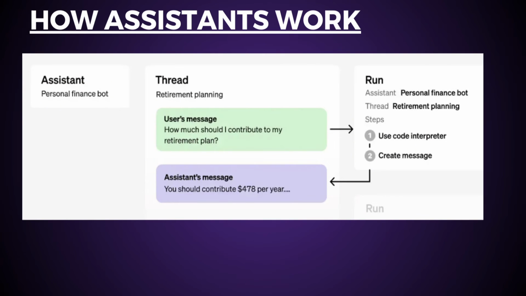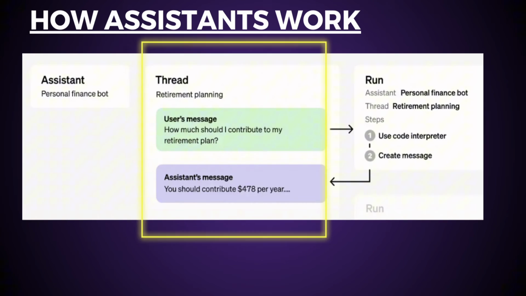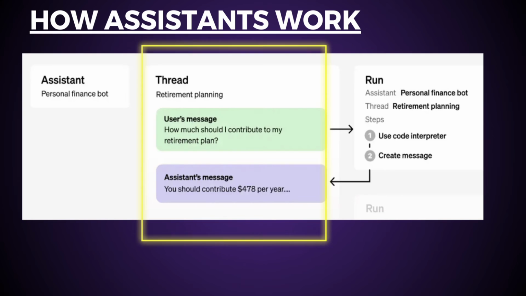Let's say we want to interact with the bot, so we're going to ask a query or a question to the bot. As soon as we start that interaction, it's going to create something called a thread, which is basically a conversation session between an assistant and the user. The thread uses something called memory to take advantage of previous conversation exchanges or history for that particular thread